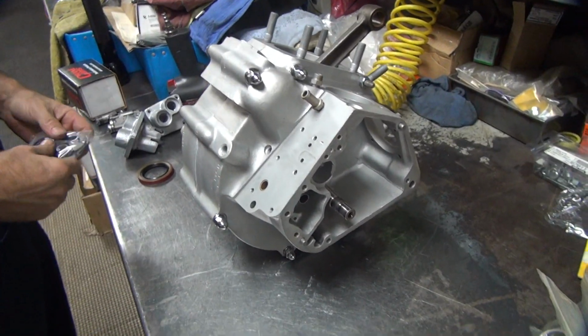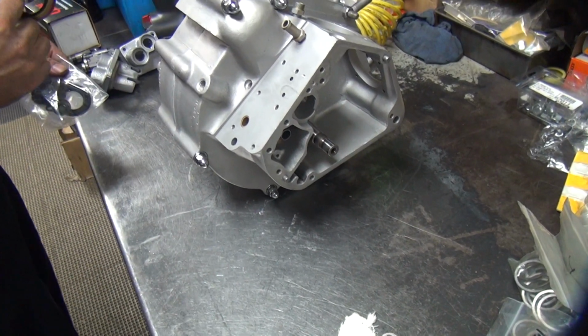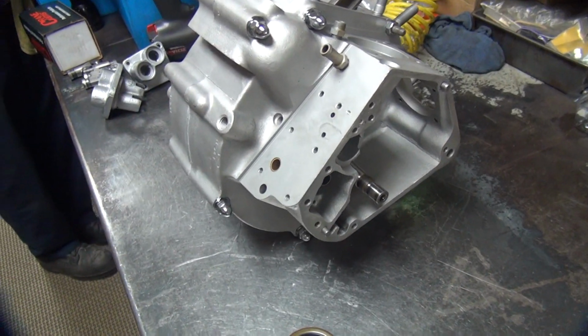Which one you want to use? Well, I'll take the S&S one. You got one around here? Maybe. Supposed to. Okay, what else do we got? We got the...